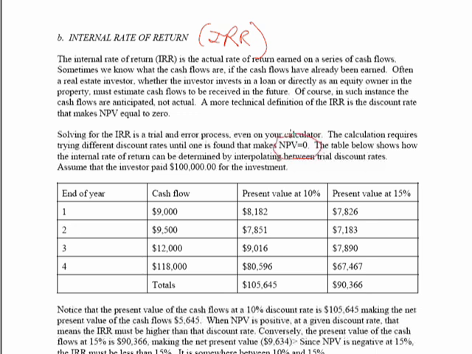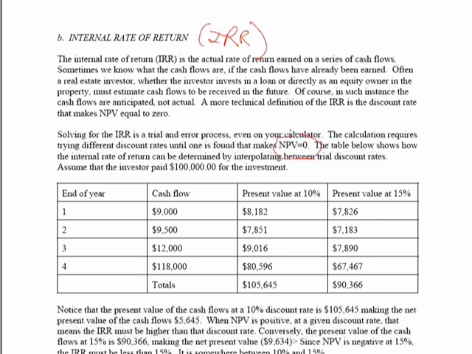In this table, we do try to look at estimating net present value by maybe using different discount rates and looking at what the NPV is. And the closer we get to 0, we look at what discount rate we're using, and the one that makes net present value closest to 0, that's what we're going to call the internal rate of return. Now, although we're going to look at this as an example, we never do this in practice. How we usually calculate internal rate of return is with our cash flow menu on our calculators, and we let the calculator do this process because the calculator is a lot quicker than we are